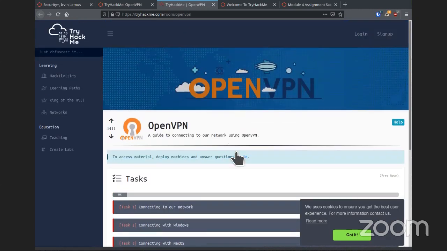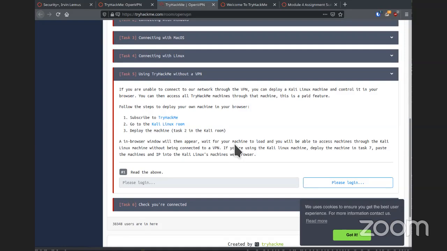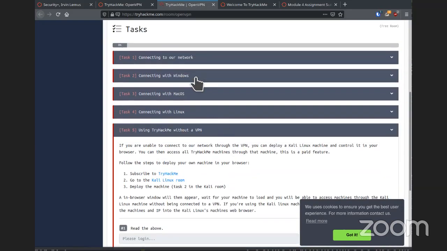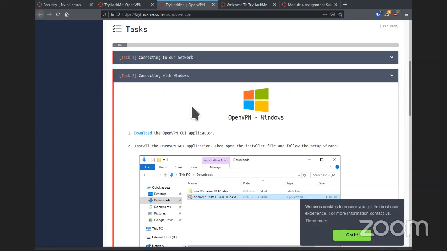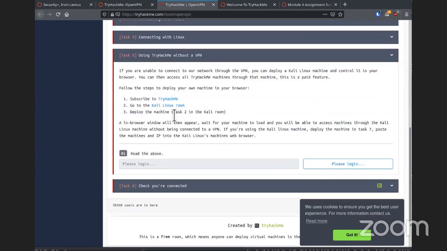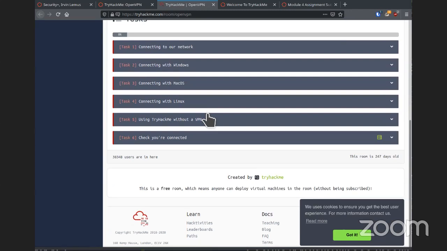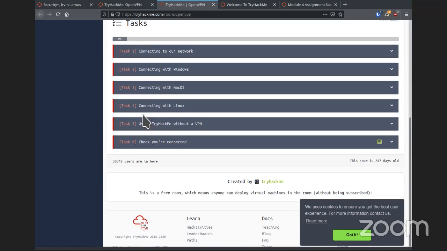you can get a Kali Linux machine that's within their network already, and you wouldn't need to install OpenVPN to connect to their network. That part is completely up to you. I am in no way, shape, or form for this class forcing anybody to pay the subscription fee. You can if you want, and by doing that, you'll get a Kali Linux box that you can spin up and interact with the network directly, but you can totally connect freely by any one of these methods